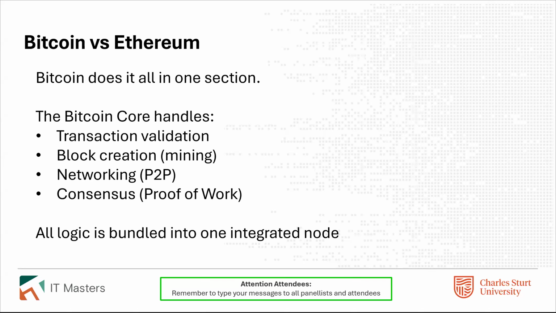So we talked about consensus, and the consensus mechanism was part of the cake in that previous one. Well, Bitcoin does all of this in one section. It's not to say that Bitcoin doesn't have a consensus mechanism. It does, but it's baked into the cake. It's not its own separate layer. It's a chocolate cake. It's all mixed up. It hasn't got separate rainbow layers, if you wanted to take that previous analogy. And it handles all the transactions, the block creation for the mining part, and all that in one bundle. And that's probably the wrong word, but that's how it does it.